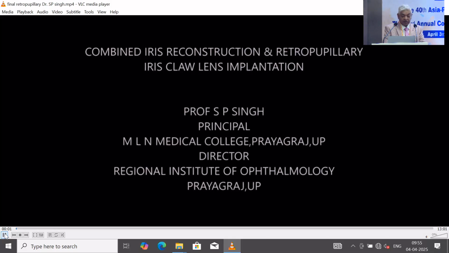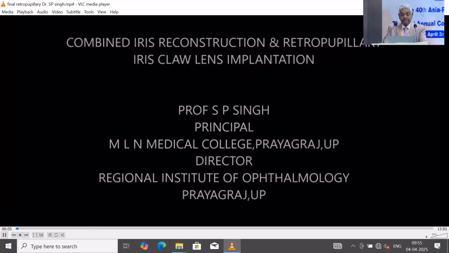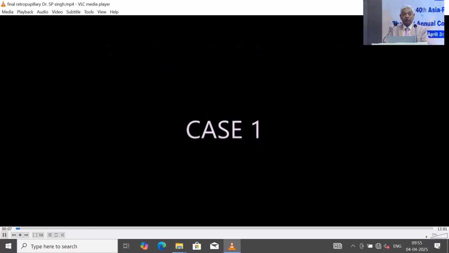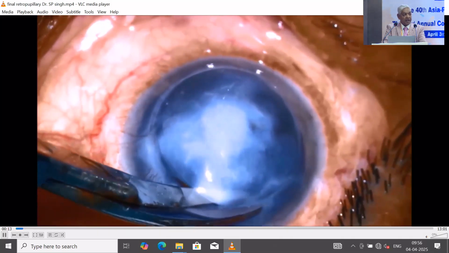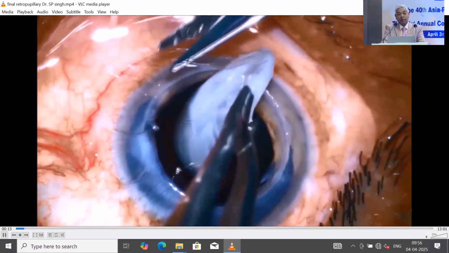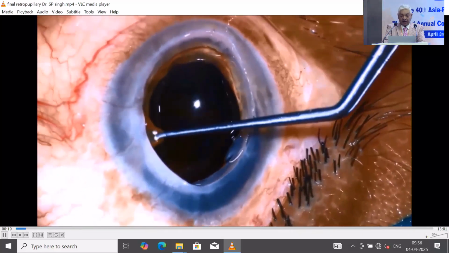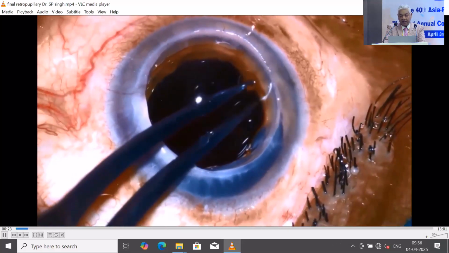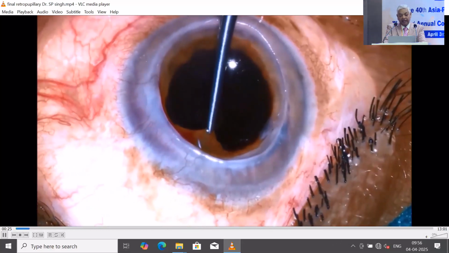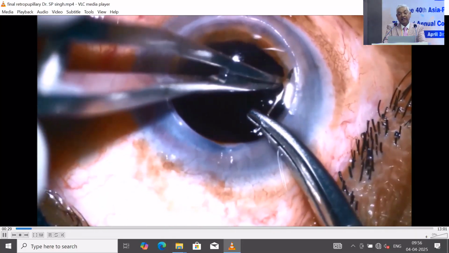Just play this video. So, different cases. This is a case of corneal opacity with a dilated, atonic pupil. You can see after removing the scarred cornea how much the atonic pupil is scarred and adhered. So mechanically, first you have to pull all around the iris, and then in this case I decided to